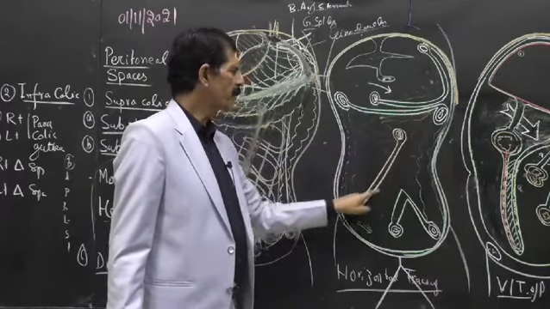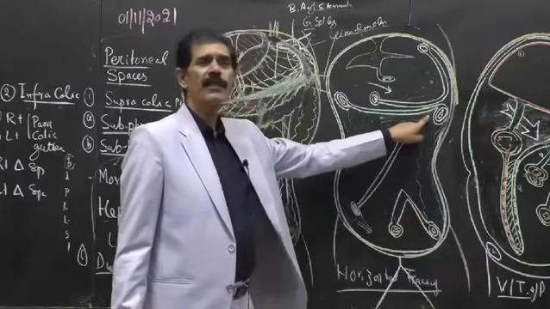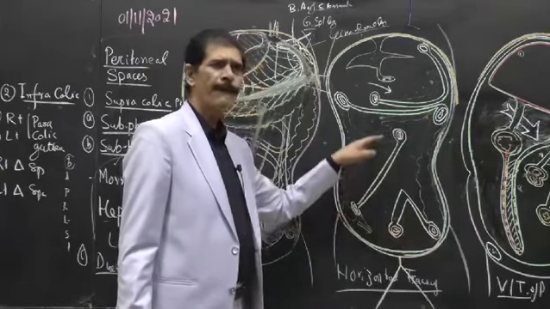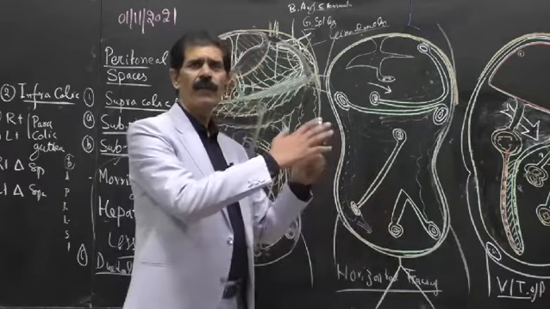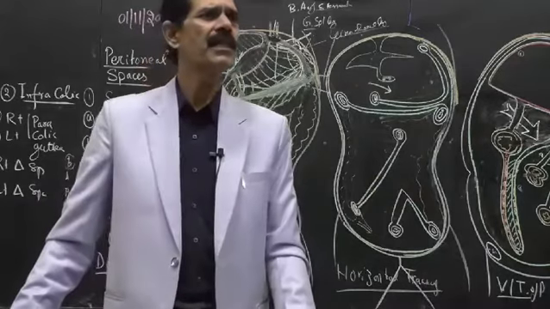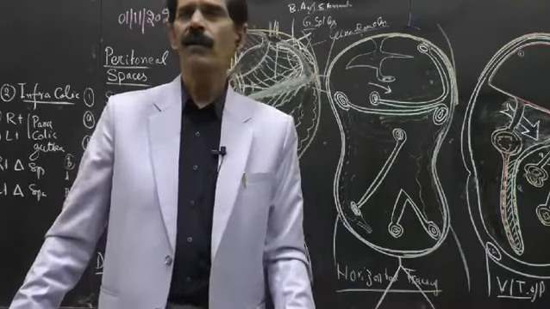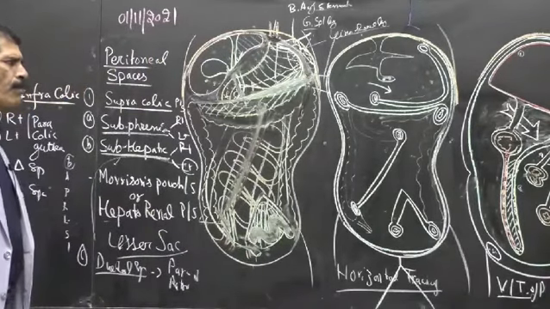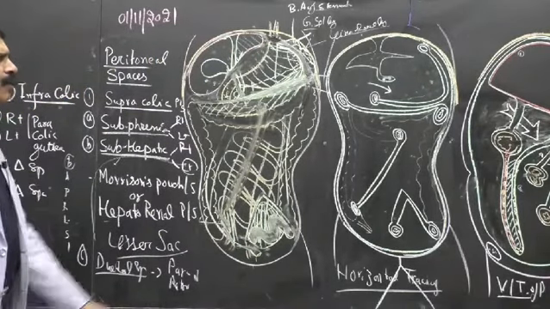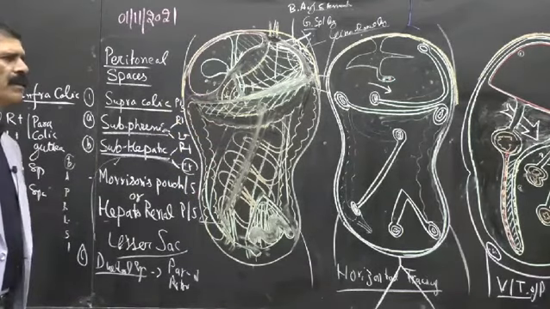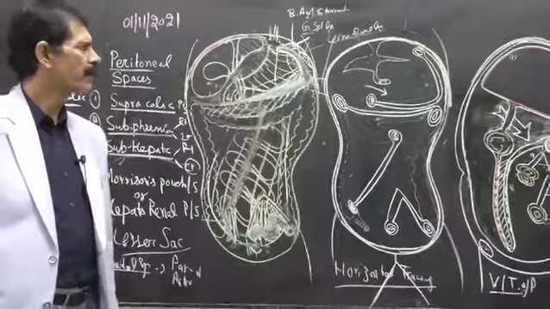And the left triangular space is opposite. Its apex lies at the splenic flexure, and the base is at the pelvic cavity. So the apex is different in the two spaces. Both are triangular, but apex and base are different. So that is how we describe the right and left triangular spaces. This is how you have to do the horizontal tracing whenever a question comes about horizontal tracing.